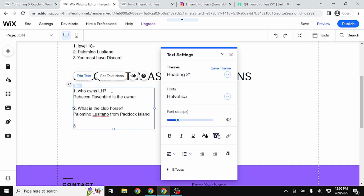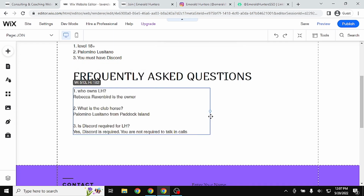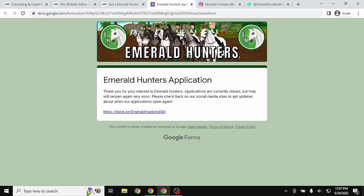And then third question is, is Discord required for Lavender Hooves? Yes, Discord is required. You are not required to talk in calls. Okay, something like that. Just so you can get an idea of how to fill in some of your text here. And then, in terms of adding a button like this to actually apply, right now the applications are closed,